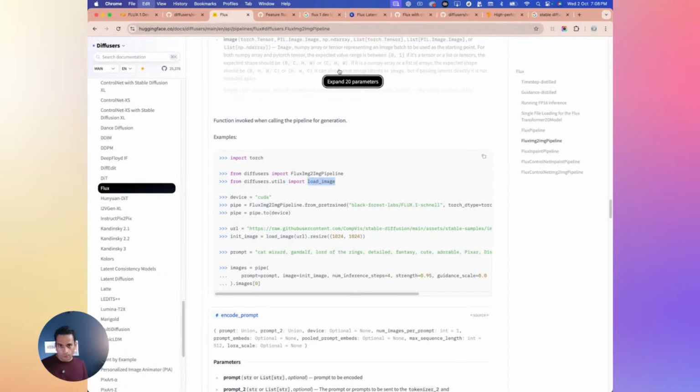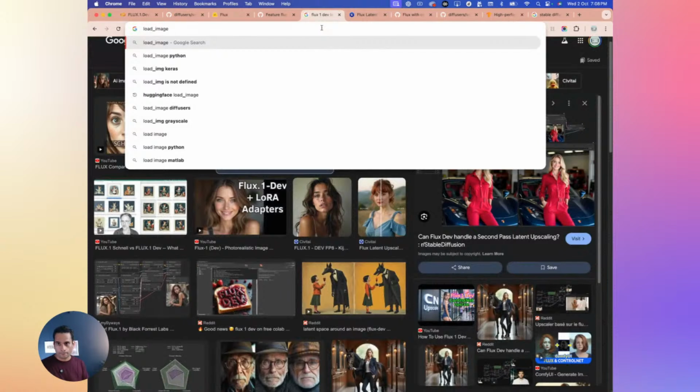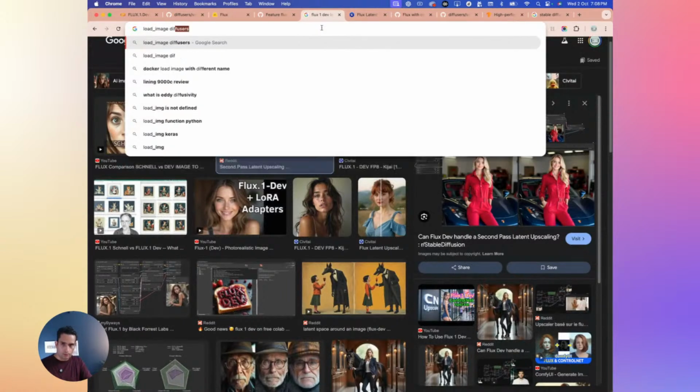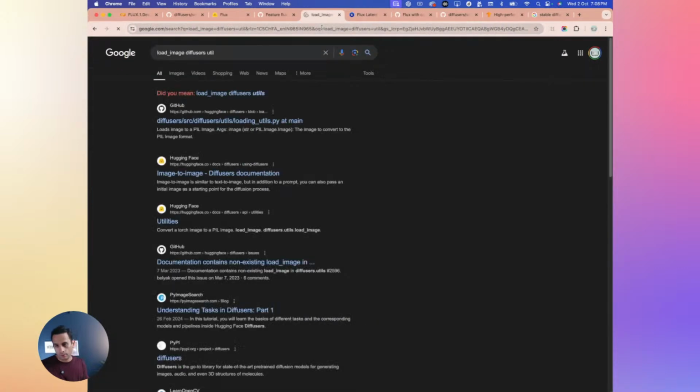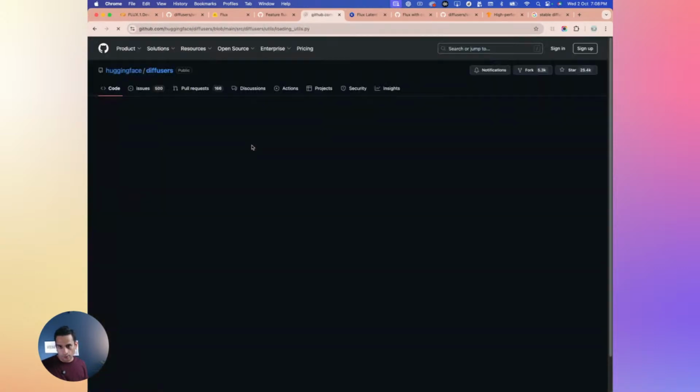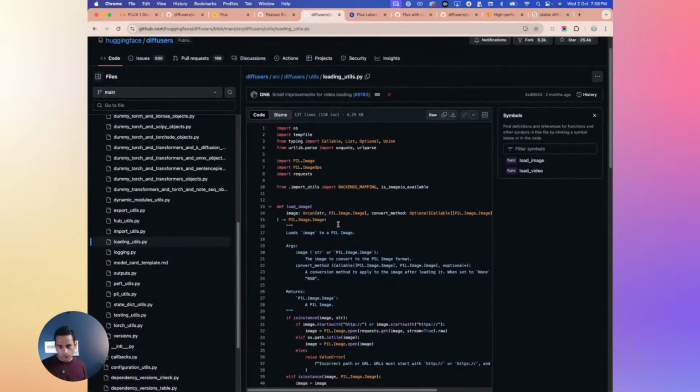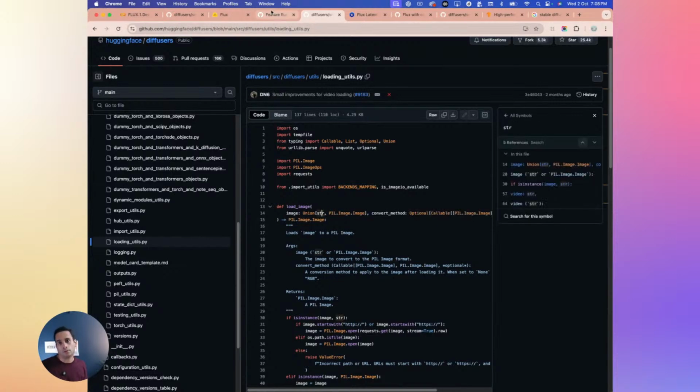I think load image is diffusers utils load image, right? So load image, diffusers util, and how are they doing it? Load image gives a pillow image, so we can